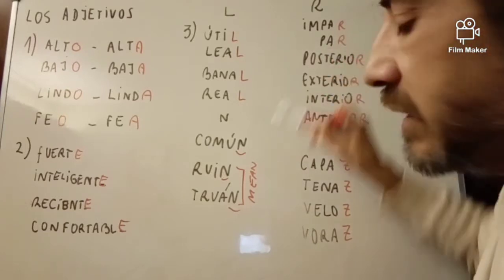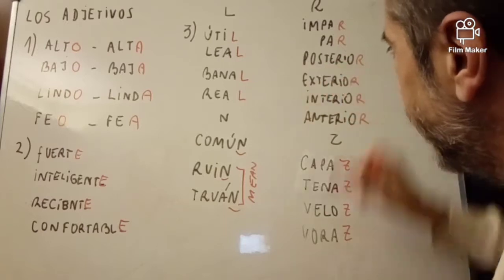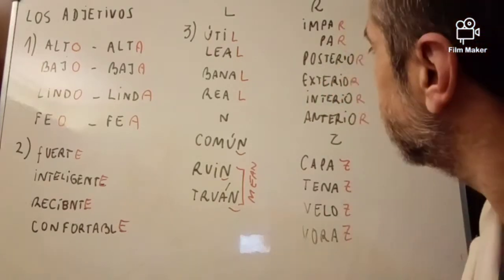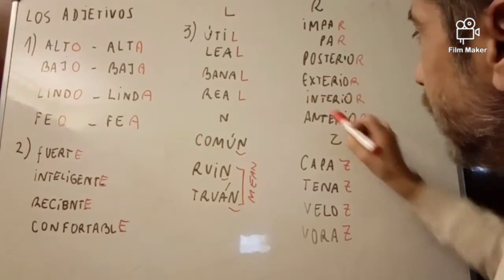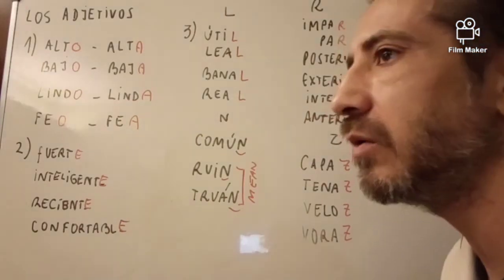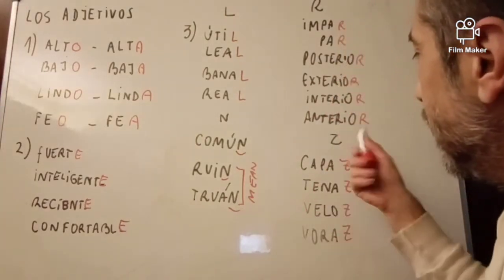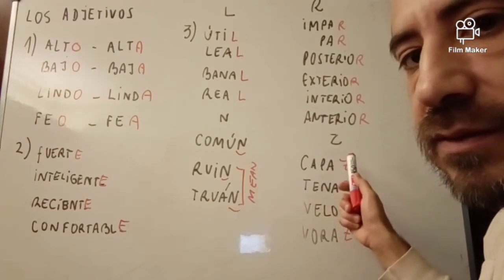So this is the adjective even. Posterior, subsequent. Exterior, exterior. Interior, inner. Anterior, former or previous. And finally, the ones that end with Z,